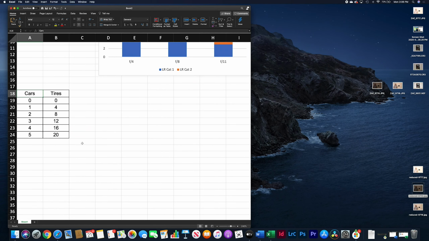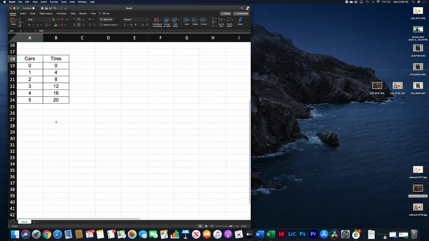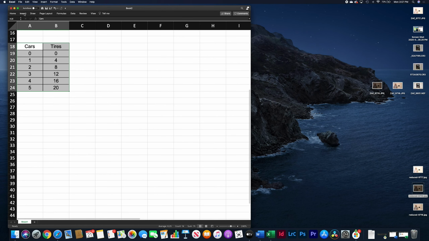So for our next type of graph, we're going to do a line graph to show that this is linear. It's pretty obviously linear because as you go up in number of cars, you're going to get the same number of tires each time, unless the car doesn't have 4 tires, which I suppose is possible, but we're going to assume that each car has 4 tires. So in order to do this, we're going to highlight the whole table again by clicking and dragging. Come over to insert,